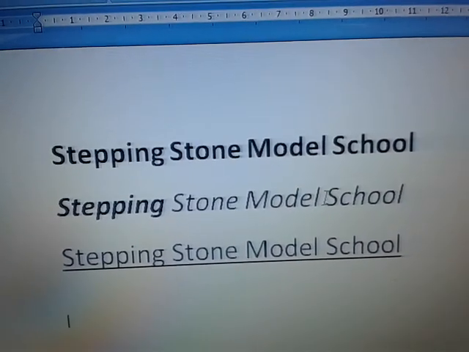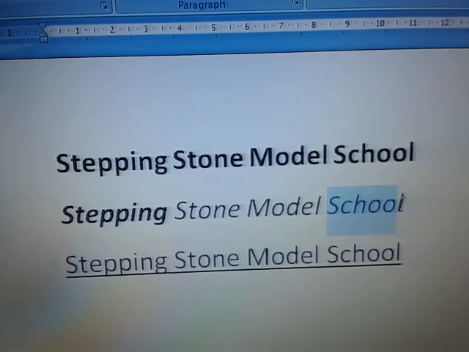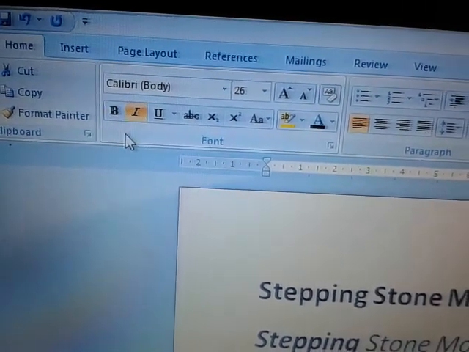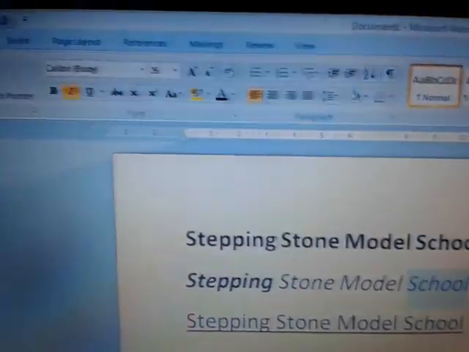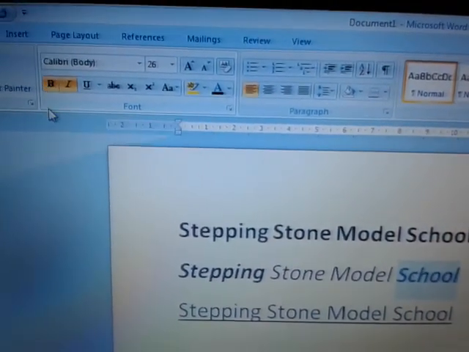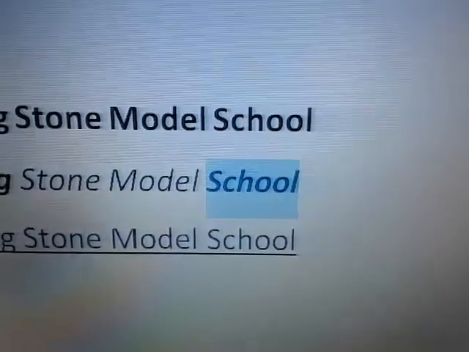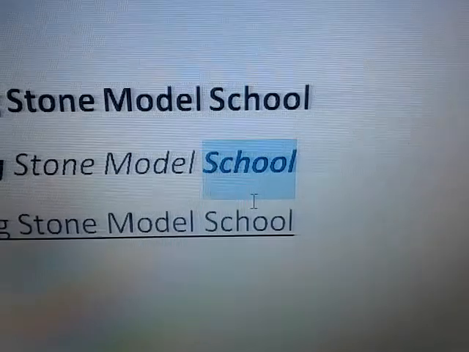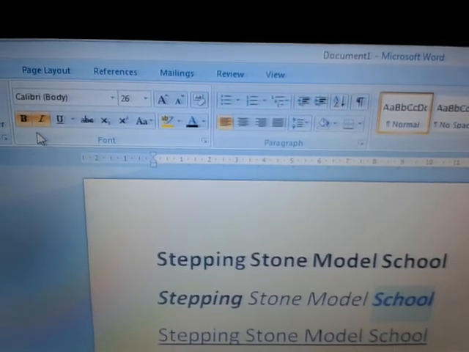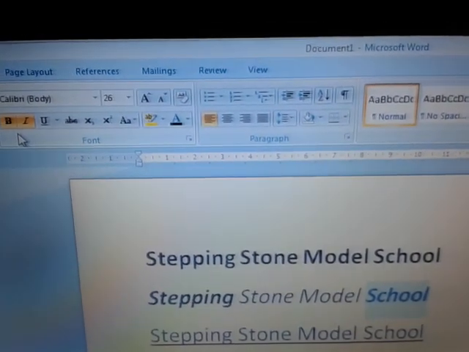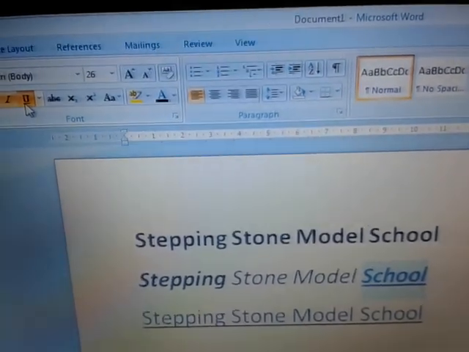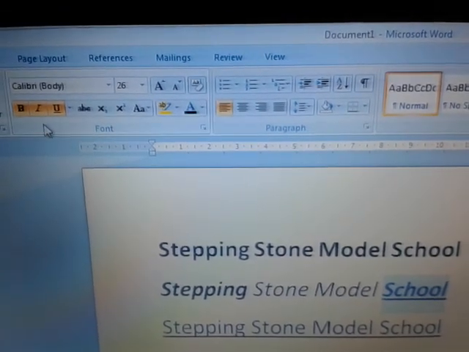Say this part. I want to make this bold, italic and underline. On selecting the text, notice here this I got highlighted. It means this selected text is in italic. Now if I want to make it bold, I'll click on bold, and now see, we have already seen that this part is italic and bold, and notice here bold and italic both are highlighted, which means it is showing that the selected text is in bold and italic also. Let me click on underline and see what happens. The selected text is now bold, italic and underline.